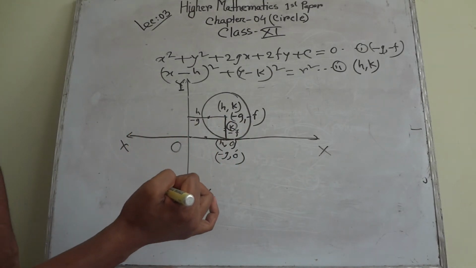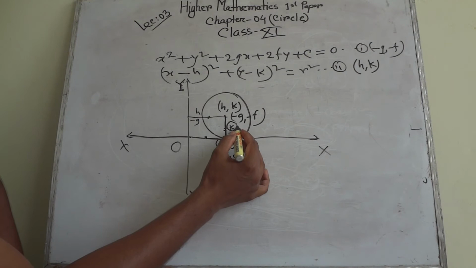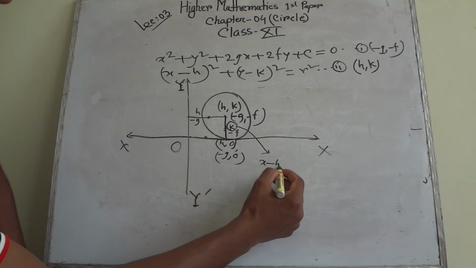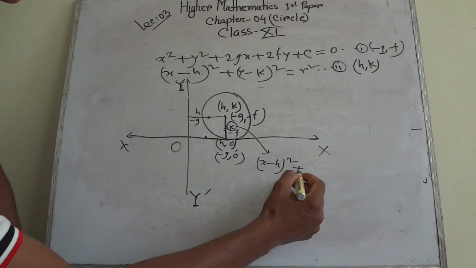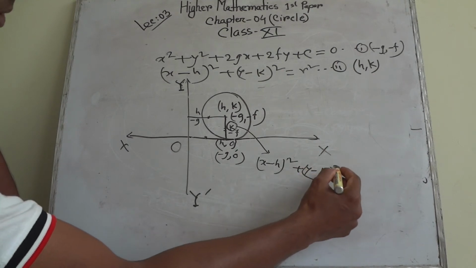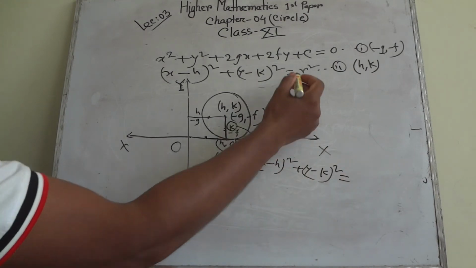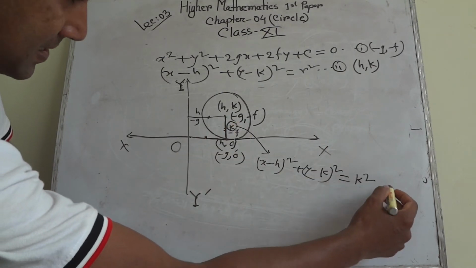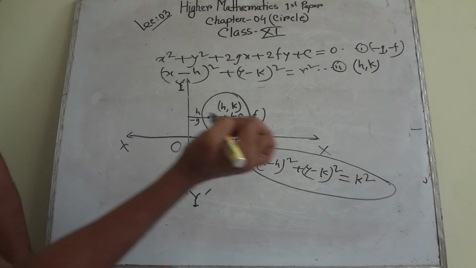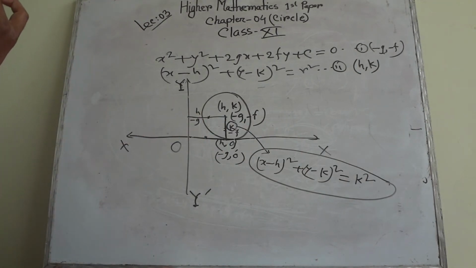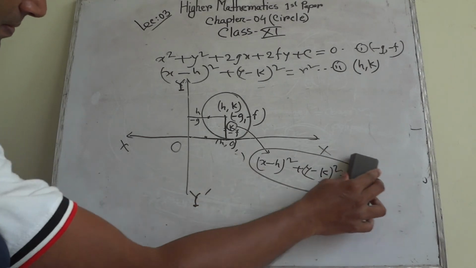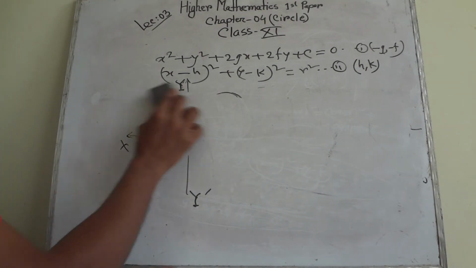As it is equal to k, the equation of the circle will be (x minus h) whole square plus (y minus k) whole square, this is equal to r. And r is equal to what? r is equal to k whole square. Clear? Clear everyone? Okay. That's right. Now, again,